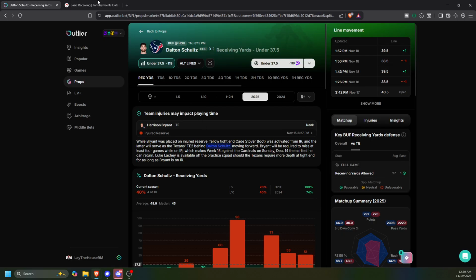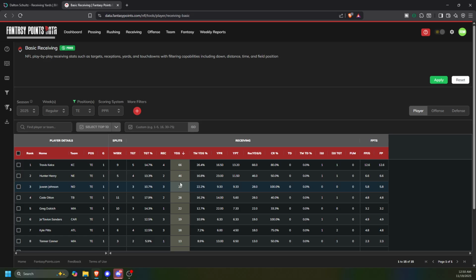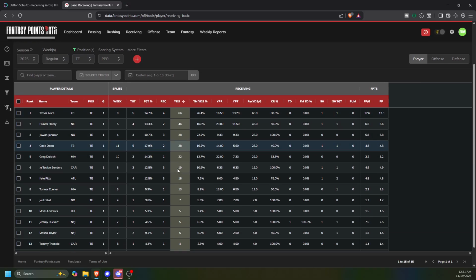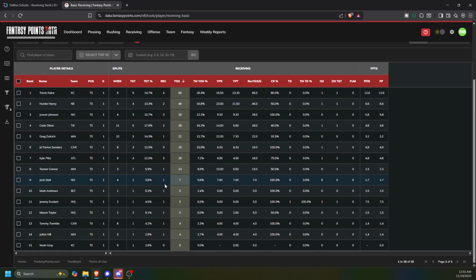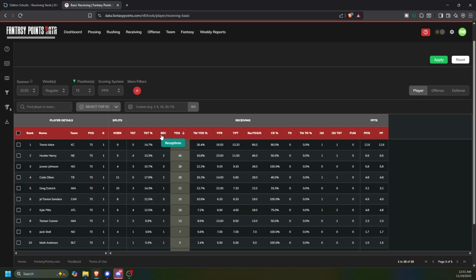So we have Schultz's number at 37.5. They've only allowed 2 tight ends to go over this number. It was Travis Kelce and Hunter Henry. That is a slight concern for me because they are 2 guys who are very involved in the passing game. Something that does stand out to me here, though, is that they haven't allowed more than 4 catches to a